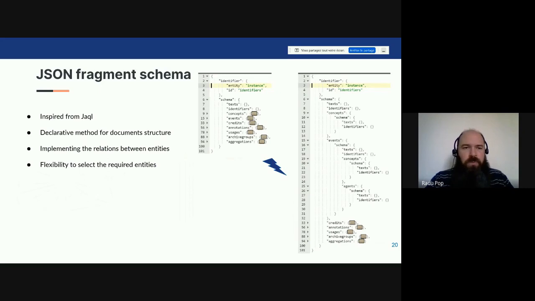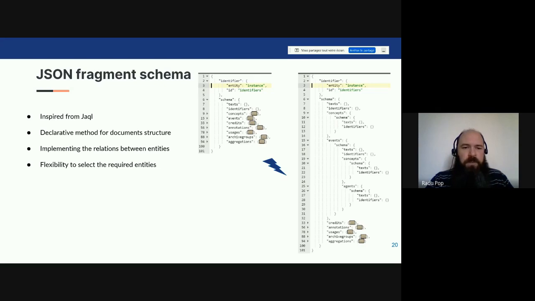If we zoom a bit into this notion of fragment schema, it's a method that is inspired from JQL, and it represents a declarative method to define the structure of the documents. So as I was mentioning, we can freely add or suppress parts of the schema according to what exactly we want to extract from the relational database.